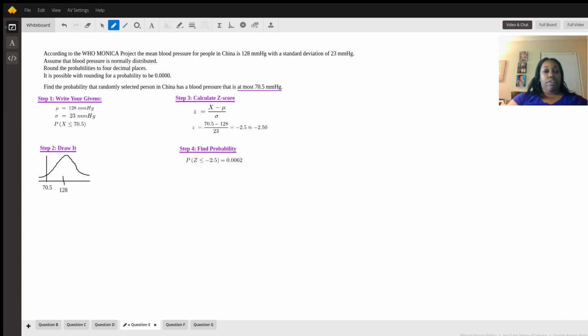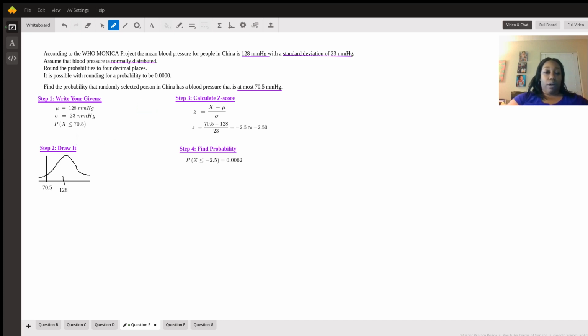Okay. For question E, essentially the same. We have our important values, which would be population mean of 128, population standard deviation of 23. We are assuming that it is normally distributed. And we're pretty much writing everything out. And then we're also trying to look for the probability of having blood pressure that is at most 70.5. That term at most means that that's the highest amount, which essentially means we're finding the probability of X being